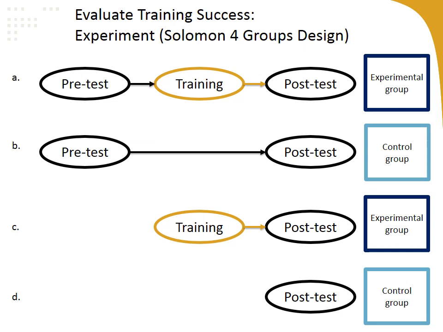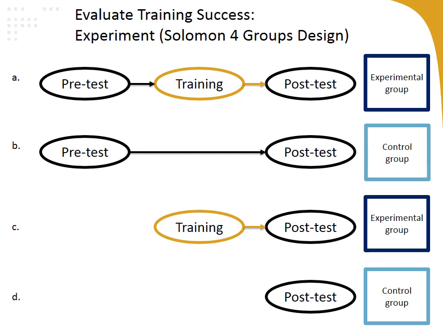Now, it's important to note that the same or equivalent measures need to be used for the pre-tests and post-tests. So the pre-tests for group A and B need to be the exact same test, and then the post-tests for all the groups either need to be exactly identical to the pre-test or something equivalent. Something equivalent is better because you minimize the impact of the pre-test on the post-test if you're not using the same exact measure. So these measures, these pre-tests and post-tests, can either be measures of employee reactions, scores on a knowledge test, maybe observation ratings from supervisors, or performance appraisal scores.